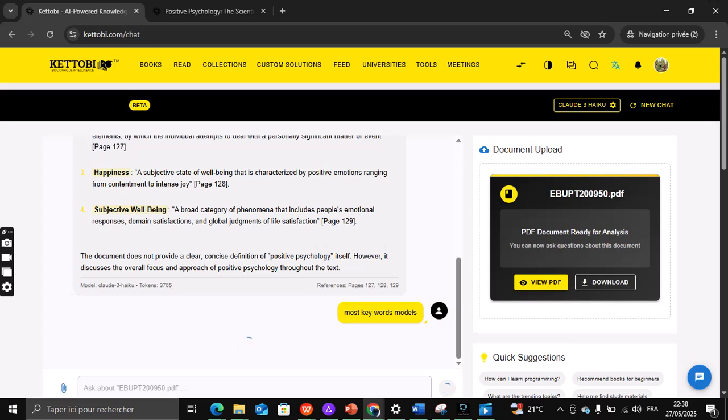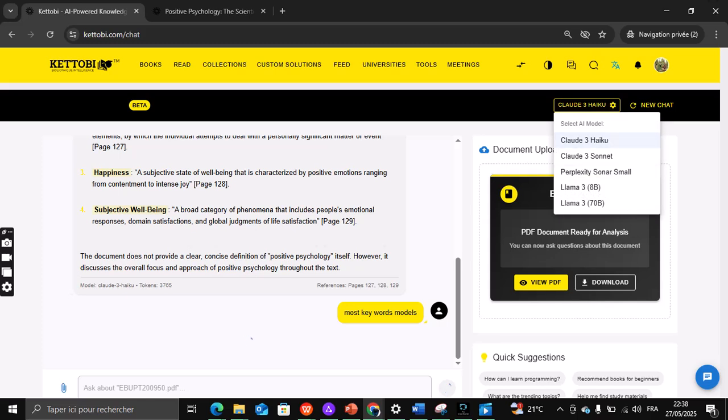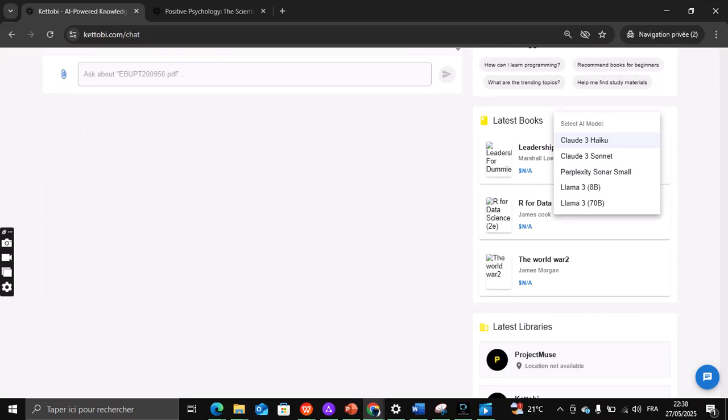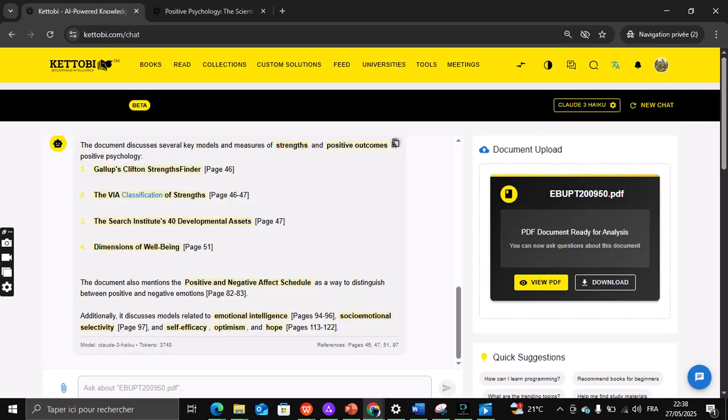Okay, for users who want to change their model, just click in here and choose any one from the popular and accurate algorithms. As you can see here, the combinative key model, a measure of strength, positive outcomes. Okay, you can see here I check some keywords. So for example I click here, past years. Yes, I want more information